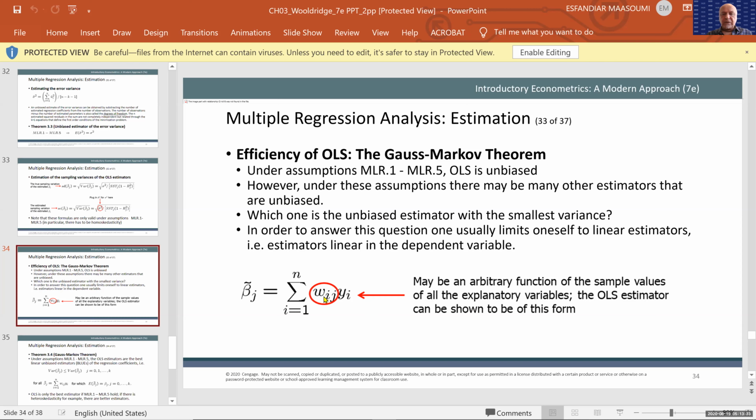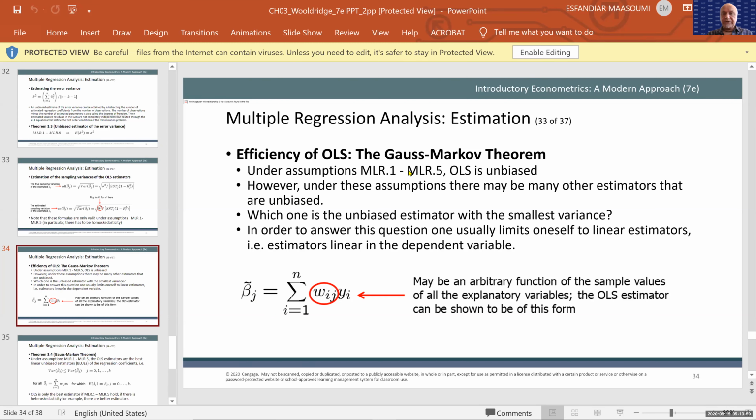I'll show you what these are for OLS. That's the extra lecture I promised you, to show you how these formulae are arrived at, to give you better insight. So among the class of linear estimators that are unbiased, meaning the expected value of all of them is equal to beta j,